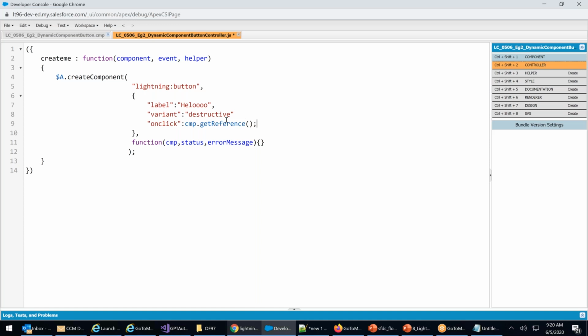Get reference what? Refer to where? I have to say c dot call me, create me, call me. That means comma, I have to say call me. Second one, because you say CMP, you have to say CMP here. If you have used component keyword here, you can use component here. Same, it has to match. Is it for helper? No. Is it for event? No. It's only for component.